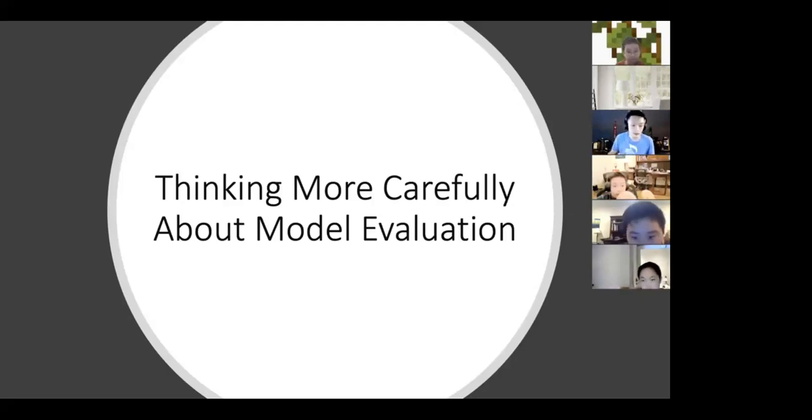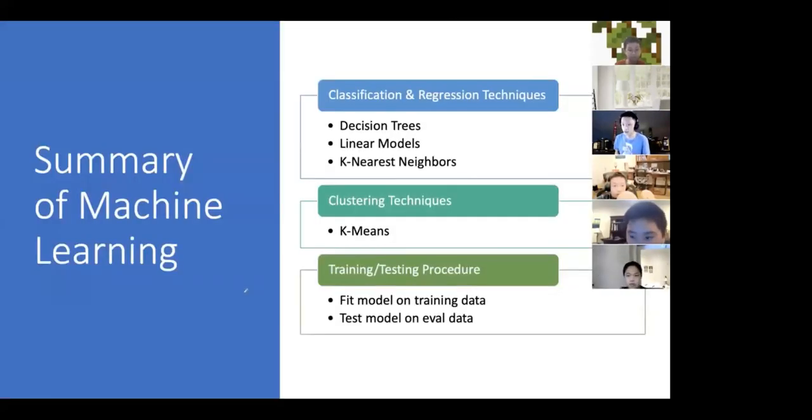Before the lab, I just want to remind you all of some things that we covered today. So we have machine learning, right? It's a subset of artificial intelligence that helps computers learn from data, draw insights from data. And there are these different big tasks of machine learning. There's classification, where you try to put things in bins. There's regression, where you try to predict a continuous value. And then there's clustering, which is where you don't have any of the labels on the data, but you want to figure out how they relate to each other and how to put things that are similar to each other together.